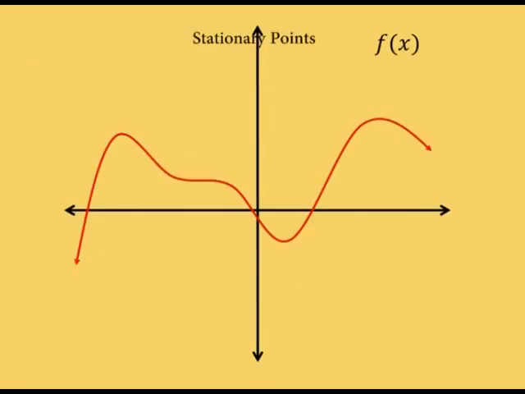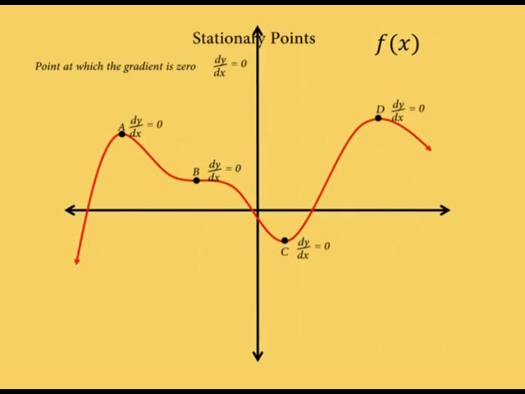Next, stationary points. A stationary point on a curve is the point at which the gradient is 0. Therefore, at the stationary point, dy over dx is equal to 0. At such a point, the tangent to the curve is parallel to the x-axis. The stationary points of a curve are in 3 categories depending on the shape of the curve in the immediate